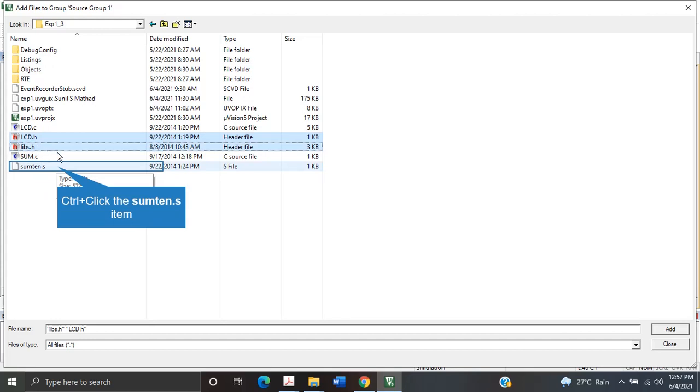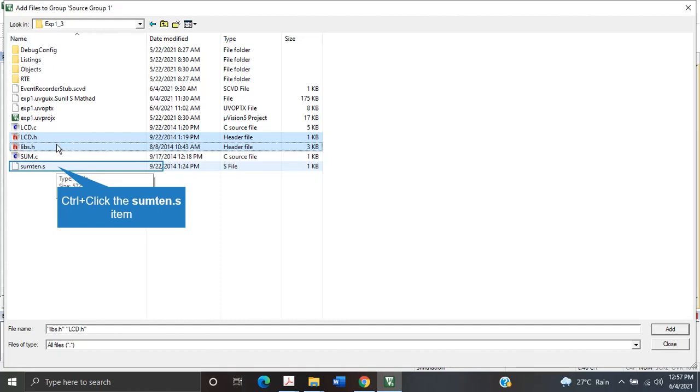Whenever you say hash include, normally they are included from the inc directory of the installation directory. LCD.h and libs.h are for ASCII to hex or hex to ASCII conversion, because ultimately you want to display some character onto the LCD panel, and the LCD panel normally displays the ASCII characters.